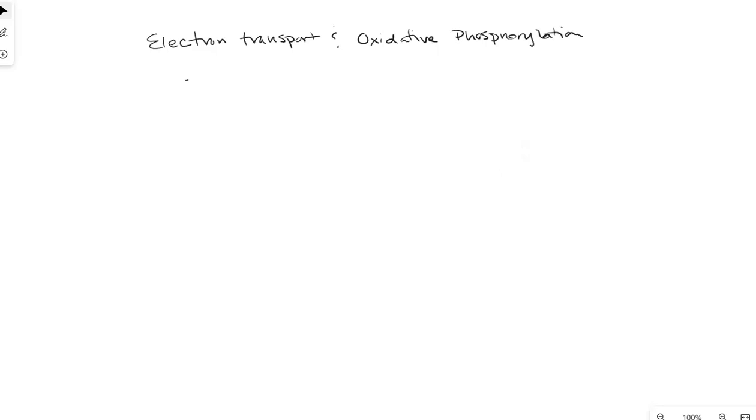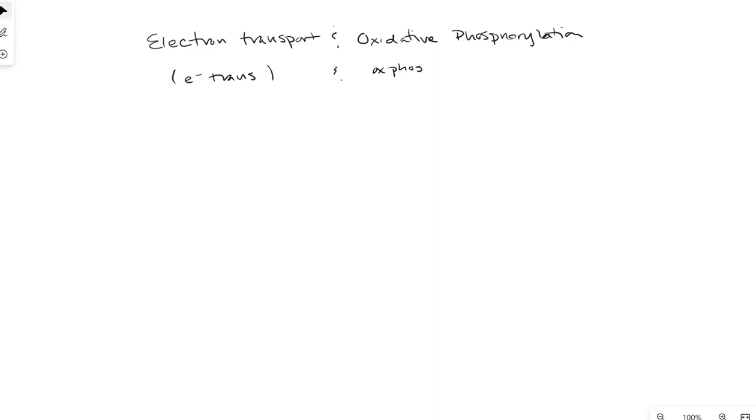And for future, I'll probably just write these as electron transport abbreviated and oxidative phosphorylation as oxphos. So, where ATP made in glycolysis and the TCA cycle is the result of a substrate